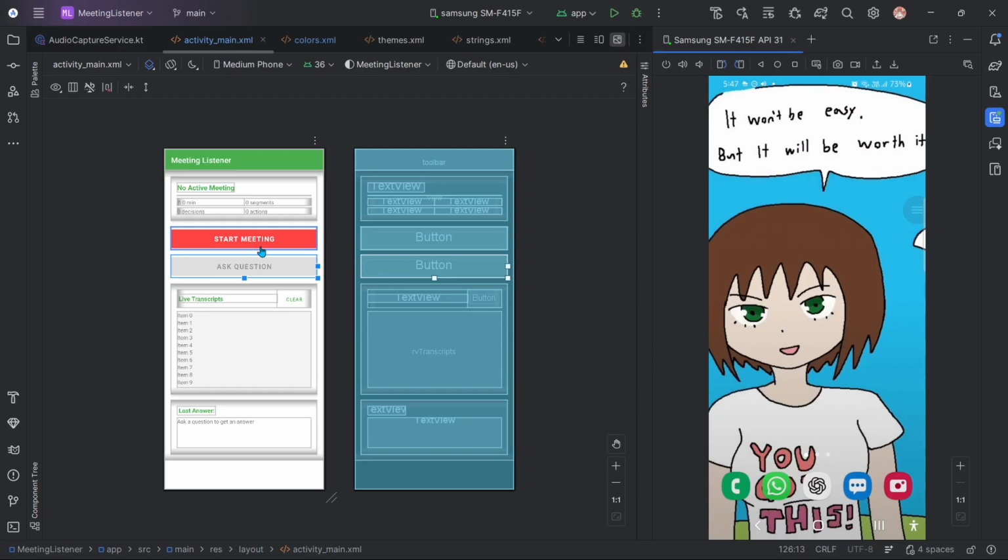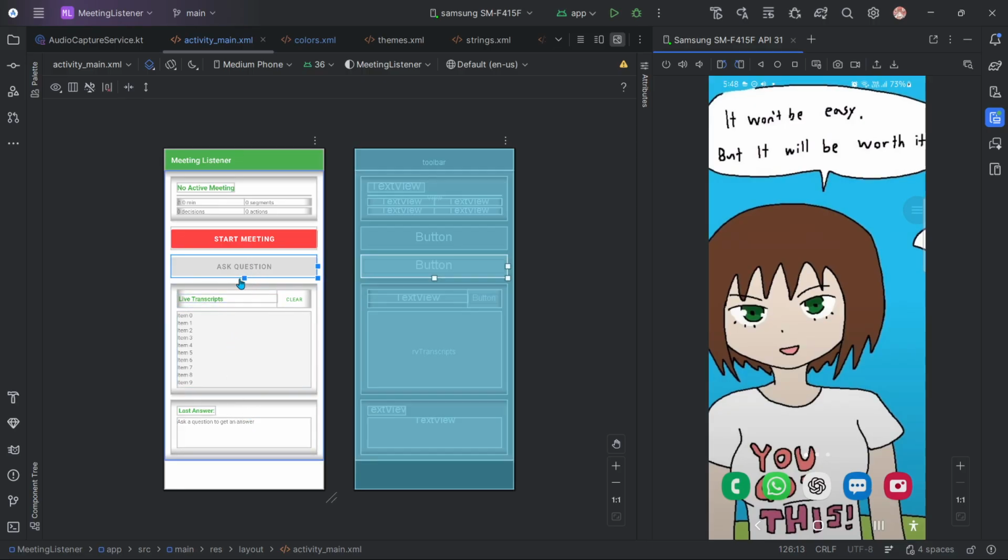When you start the meeting, the overlay will appear here, with a mic type, and it will keep on listening. You may ask how it will identify that your name is being called. I have made a setting where you can add your name, and whenever that name is called, it will give you a notification so that you are aware your name is being called.